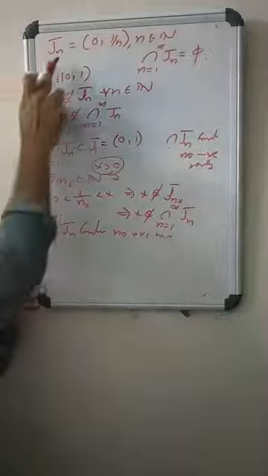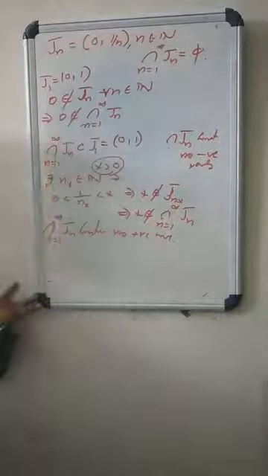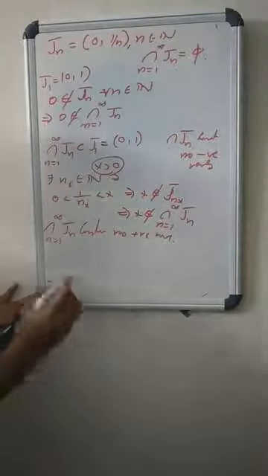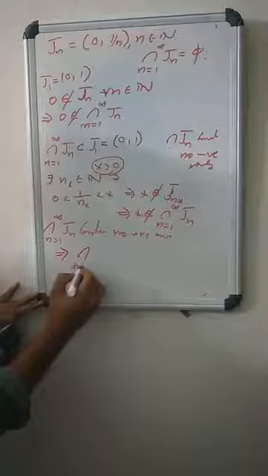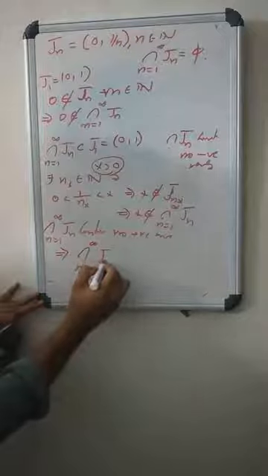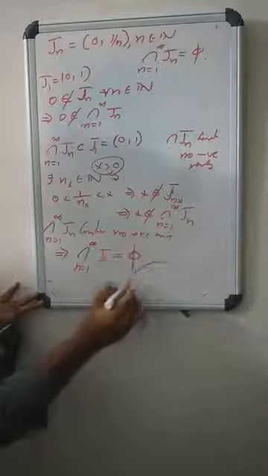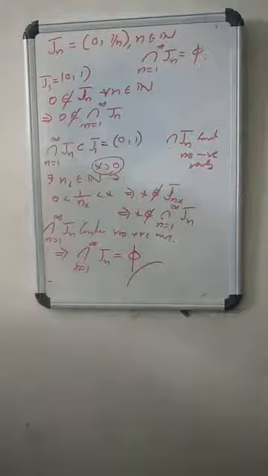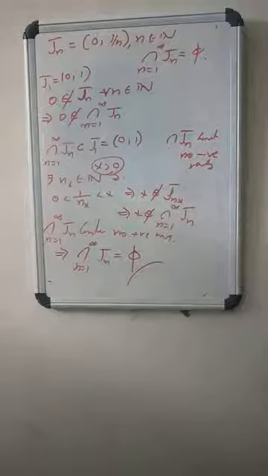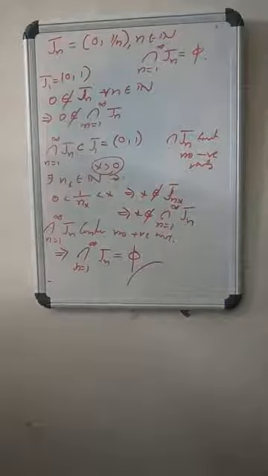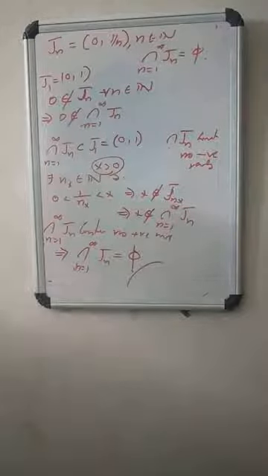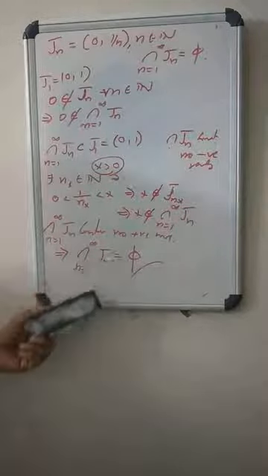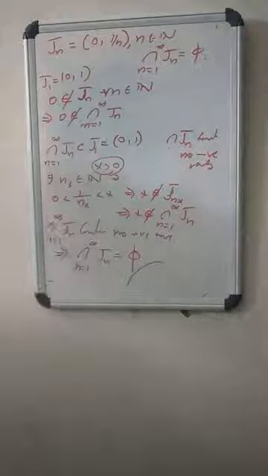And according to the construction of J_n, 0 is also outside of the intersection of J_n. So from these three arguments, we can say that the intersection of J_n, n ranges from 1 to infinity, is always empty. There is no element in this intersection. Okay. So no element lies in this intersection. Since 0 is outside, there is no negative real number by the construction. Then by the property of Archimedean, then the